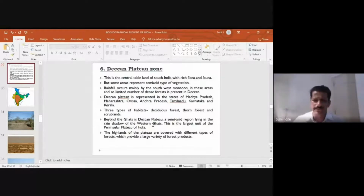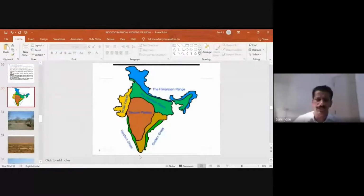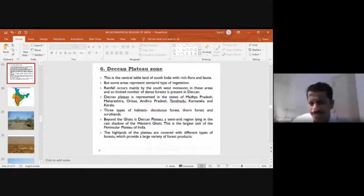Now, beyond the Ghats is the Deccan. Beyond the Ghats means beyond the Western Ghats is the Deccan Plateau. If you look at that, this is how the Western Ghats is. This green portion is the Western Ghats. Now, beyond this, we can see the scrubland. Just east of the Western Ghats, we can find a semi-arid region. The semi-arid region is what we call the Deccan Plateau. The portion nearer the Western Ghats is much colder, or not as dry, as the interior portion of the